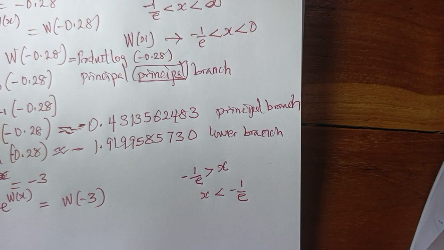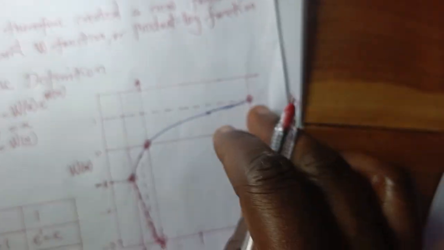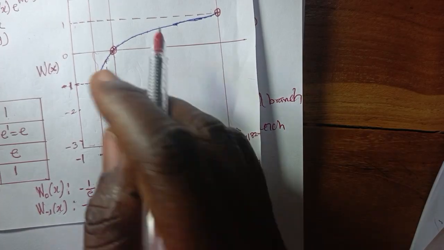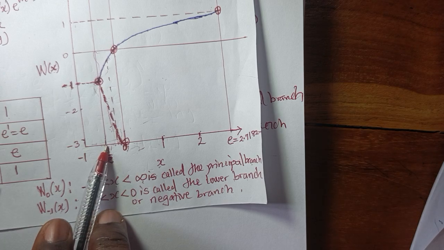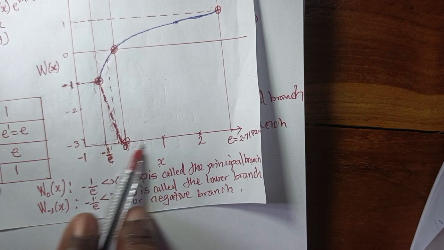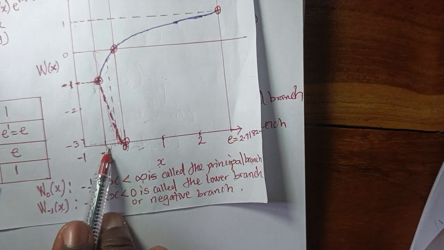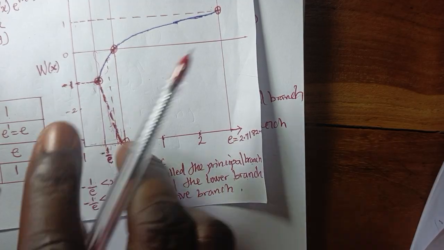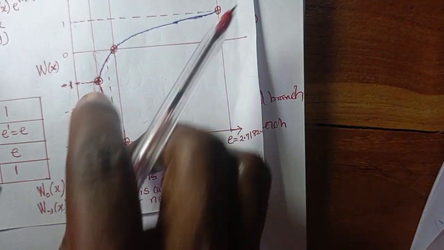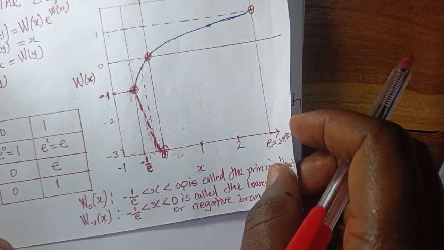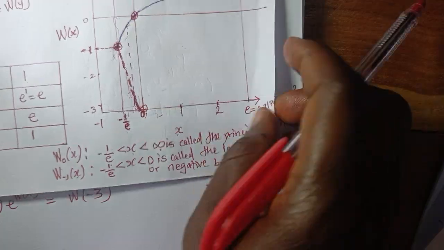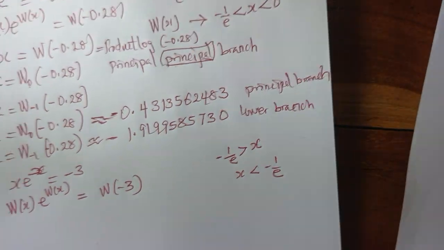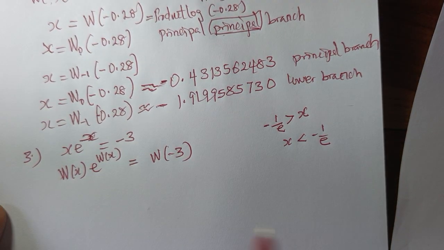So there will be a complex solution. When you look at the graph of Lambert W function, it will be on the imaginary graph. The graph will fall outside, because we have minus 1 over e, and above minus 1 over e we have it here, then below we have it here. So it will be an imaginary graph. You can see the trend of the graph here, and this becomes the imaginary part. That will lead to a complex solution for x less than minus 1 over e. So when you press in product log function of minus 3,